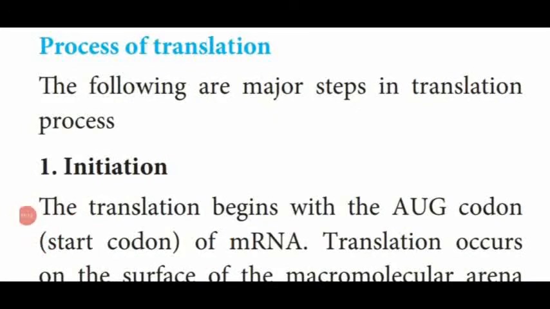Dear students, in the previous para we have seen terminology in protein synthesis. Now we are entering into the process of translation. So different processes take place in translation. First one is the initiation, that is the starting stage. Another one, elongation of the polypeptide chain. The next one is the termination of polypeptide synthesis. So these three are the steps involved in translation. First, we are going to see initiation, that is the starting of the translation process.